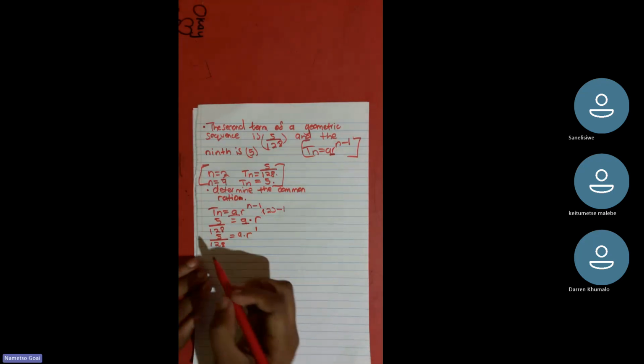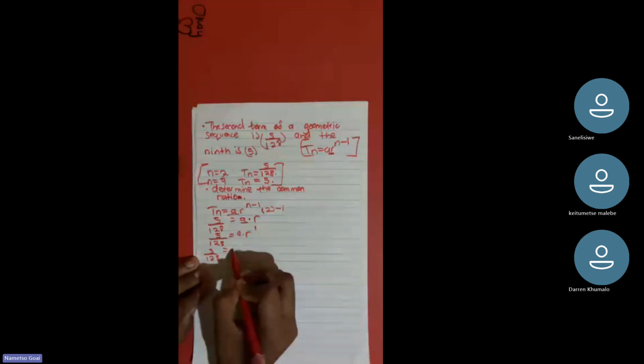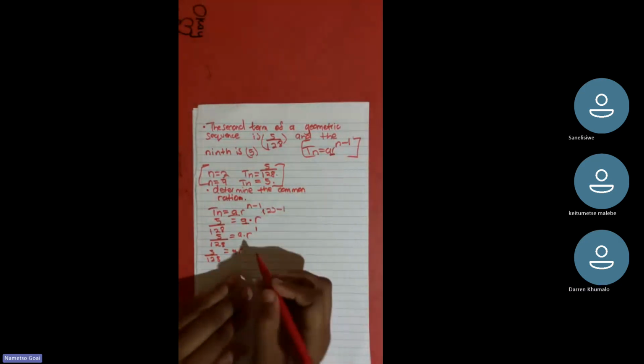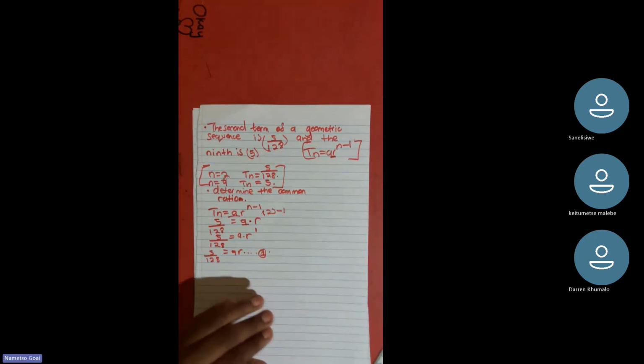Right? So which means we have 5 divided by 128 equals AR. This is the first equation that we're going to have, right? Now,